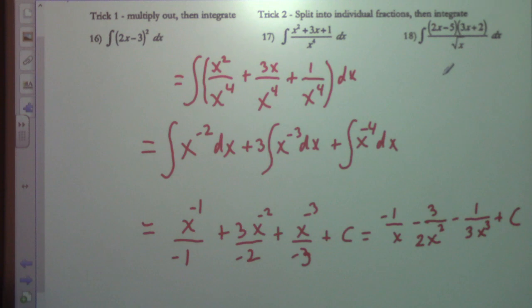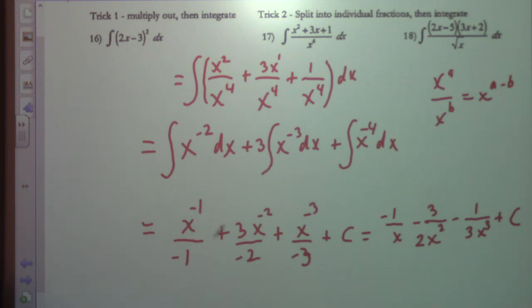So it's the principle of x to the a over x to the b equals x to the a minus b. And so here we have x to the 2 minus 4. Here we have 3, x to the 1 minus 3. And here, this one is just going to be x to the 0 over x to the 4th, which is x to the negative 4th. So we have that, okay?